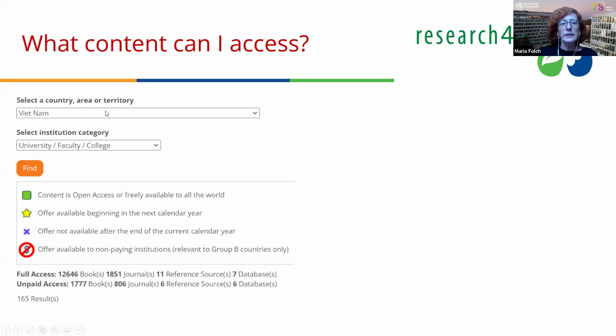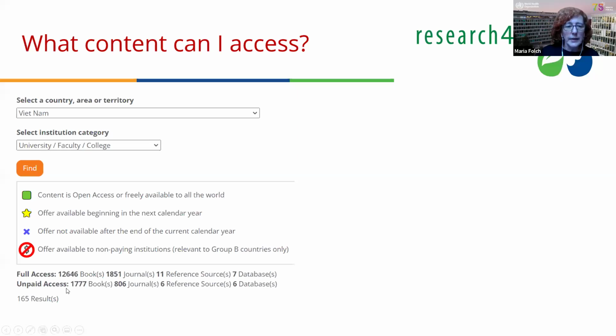Once done, for this example, we selected Vietnam and a university. Once you click on Find, you have a list of all the content that a university from Vietnam can access.